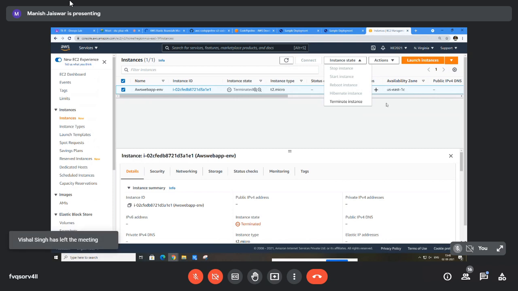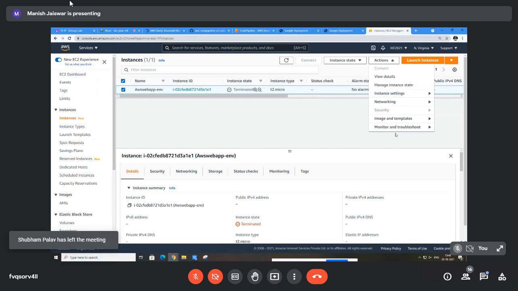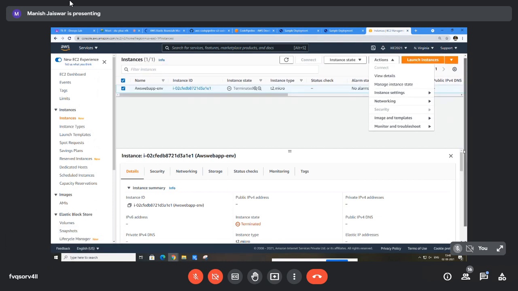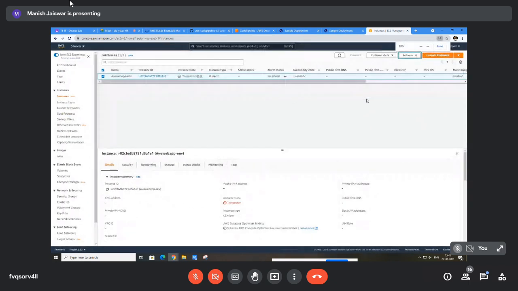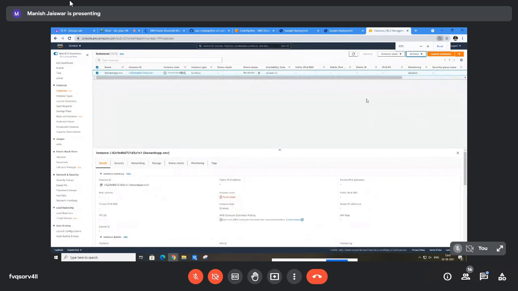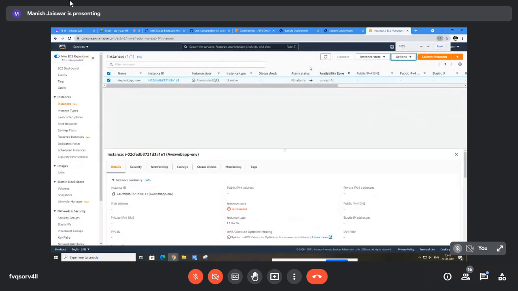Then go to the action. Wait a minute. See, terminate. Just scroll down. See here, you will see the details. It is terminated. You can take a screenshot of it for your record. If something happens in the future, we can contact customer support. There is no worry, but still, for your reference, you can take a screenshot of it. Okay, ma'am.